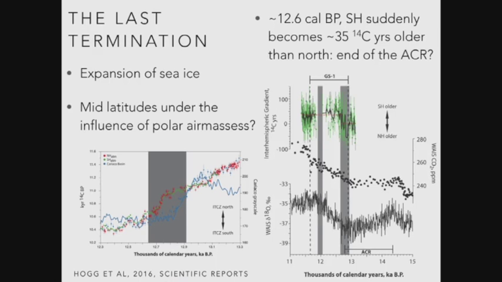What's fascinating is that about 12.6 thousand years ago, just when the Cariaco Basin is saying the winds are further south, you suddenly get this amazing shift. The green curve just here on the top right is the difference between the trees growing in Europe and those in the KAURI, looking at the C14. Most on the left-hand side, it's about 35 years. That's what we get today. We get an interhemispheric offset, northern hemisphere to southern hemisphere, of about 35 years. But before 12,600, 700 years ago, it was close to zero. It basically said the north and the south were the same age.